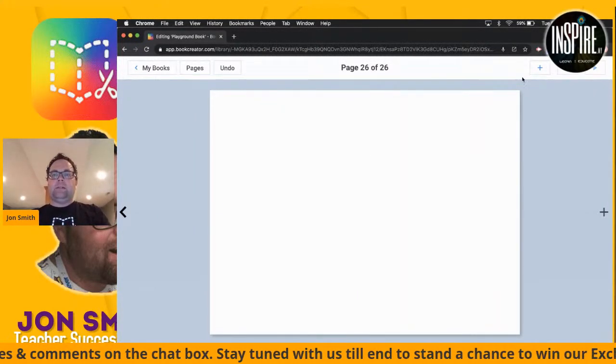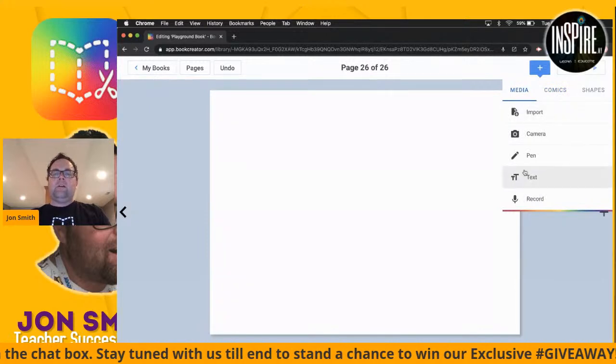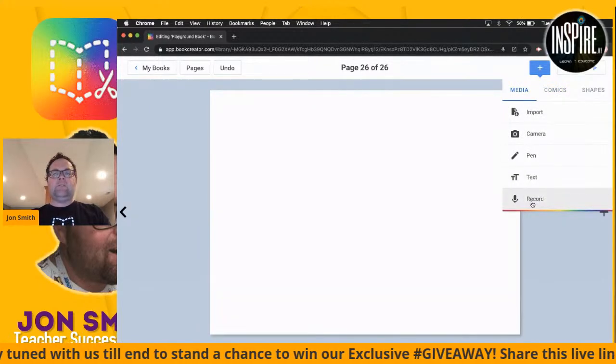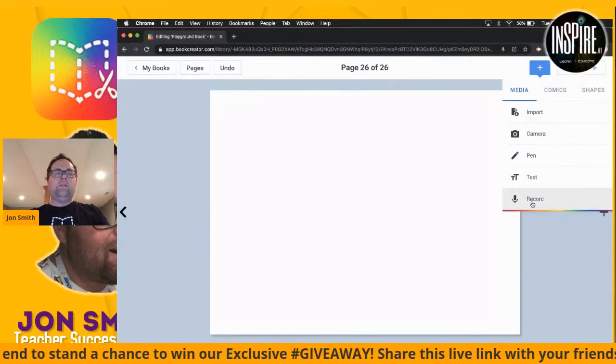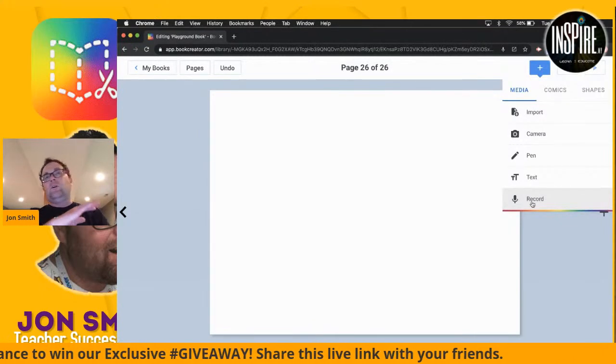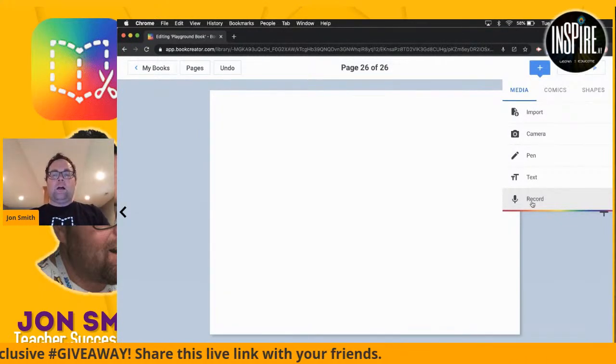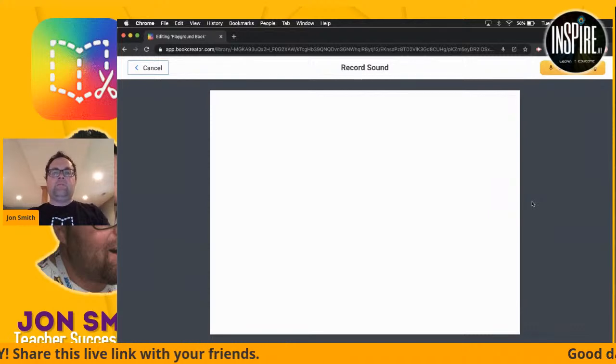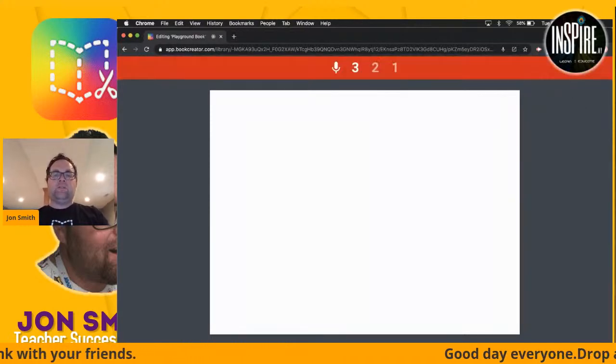Next, plus button. Media. The next one down after text is the record button. And the record button is probably one of my favorite buttons overall. And here's why. I click record, it gives you a start box, click start, gives you that little countdown, and